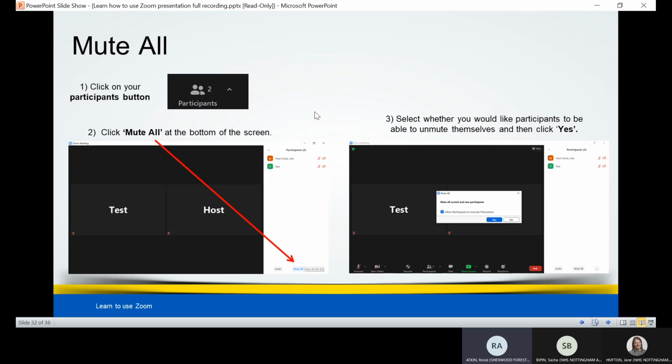As the host of the meeting, you're able to do this by simply clicking on that participants button again, at the bottom of your screen in the toolbar. A new panel or box will appear on the right-hand side, and at the bottom of this you should see a button that says mute all. All you need to do is click on that, and a new pop-up box will appear asking you whether you would like participants to be able to unmute themselves. We'd advise you to select yes for that,